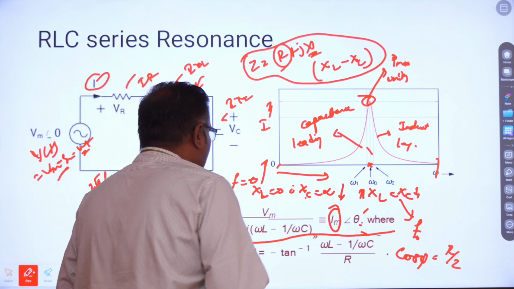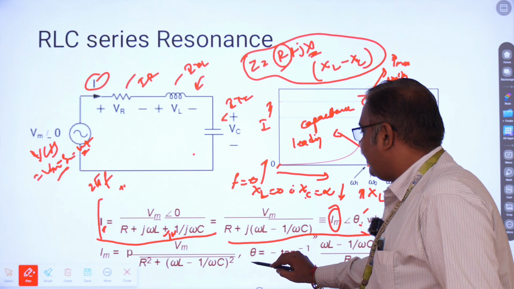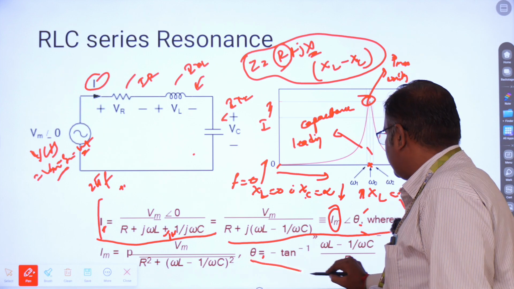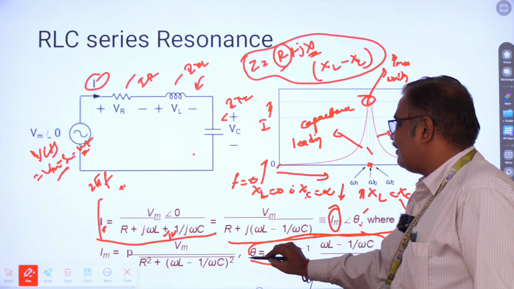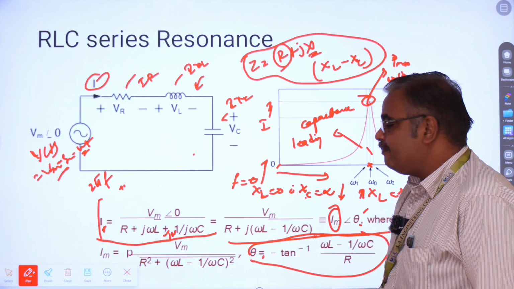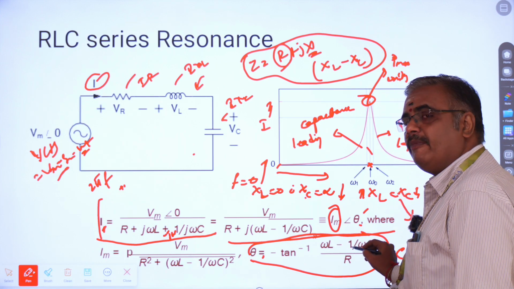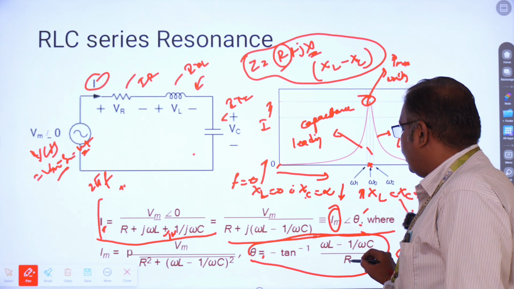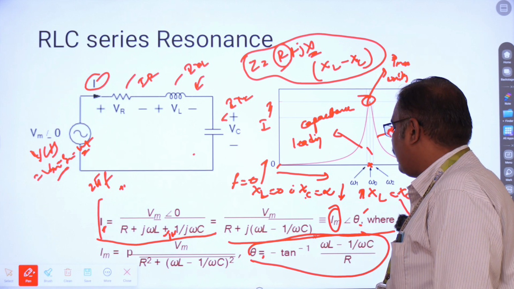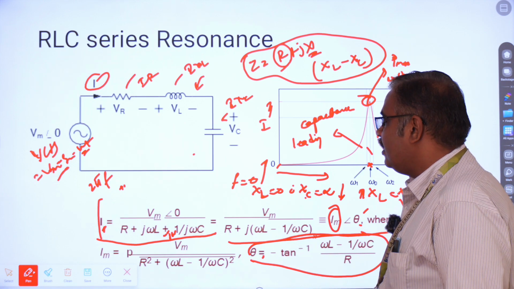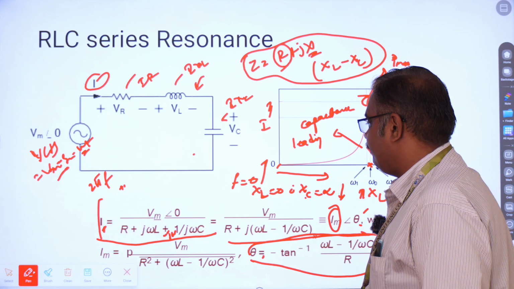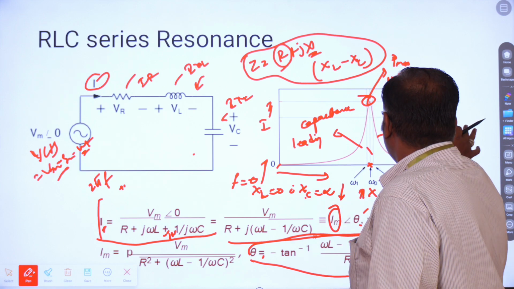Okay, so here we can calculate the value of theta by using this formula, which is nothing but tan inverse of X divided by R. X is nothing but omega L minus 1 by omega C, and of course R is, as usual, the resistance value. So this is how the value of theta will be calculated. So next is